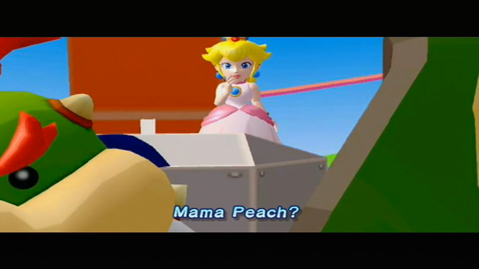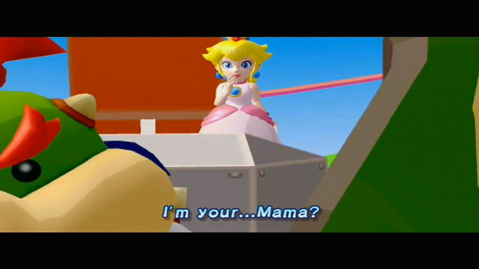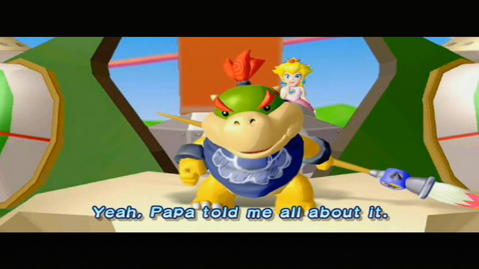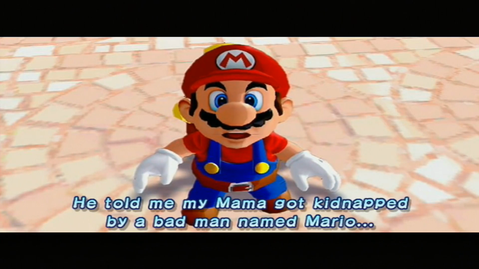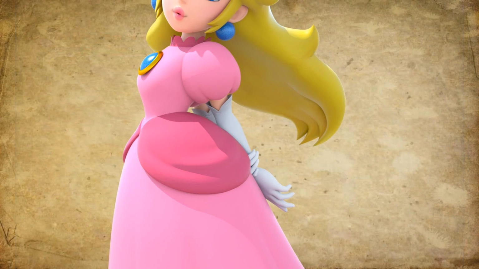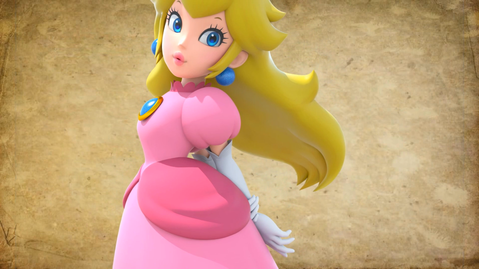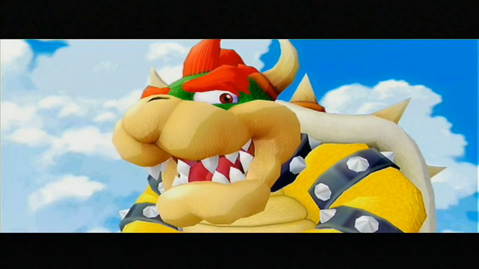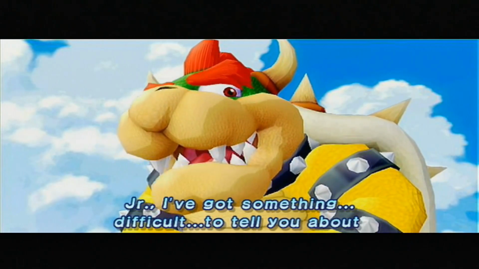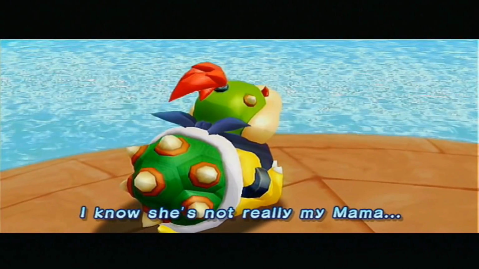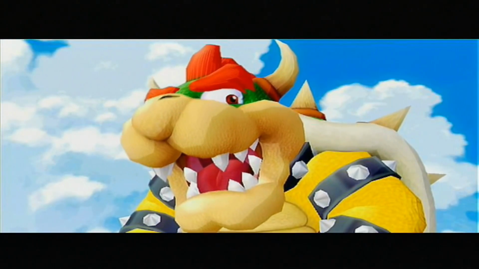Well, Nintendo actually used this as a plot point for the first game where we see Bowser Jr. Bowser Jr. kidnaps Princess Peach, because Bowser, his father, said that she was his mother. Which turned out to be a lie, leaving a huge question for the fans. Nintendo didn't say who the mother really was, sparking a debate in the Mario community about who the mother could be, making Bowser Jr. a more talked about character and more interesting, which worked out great for introducing him in the series. At the end of Super Mario Sunshine, he says the following: